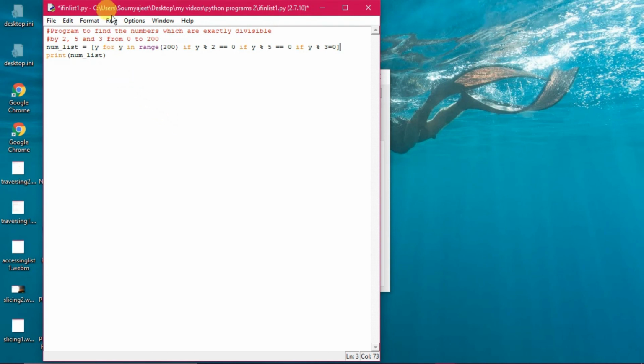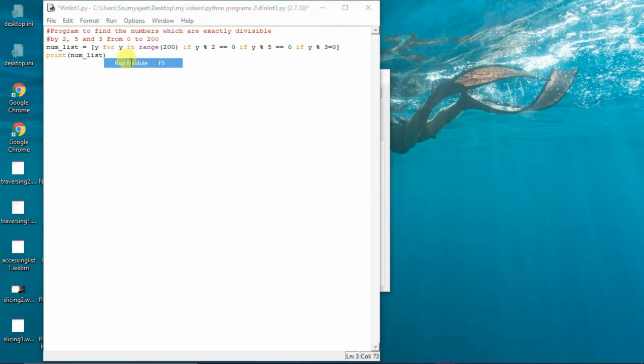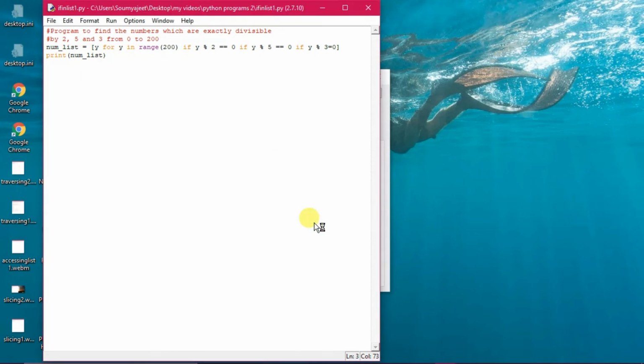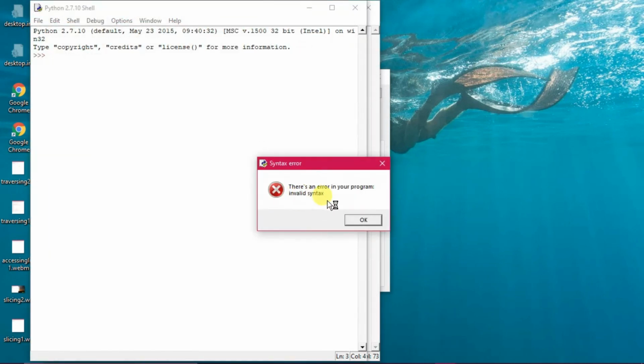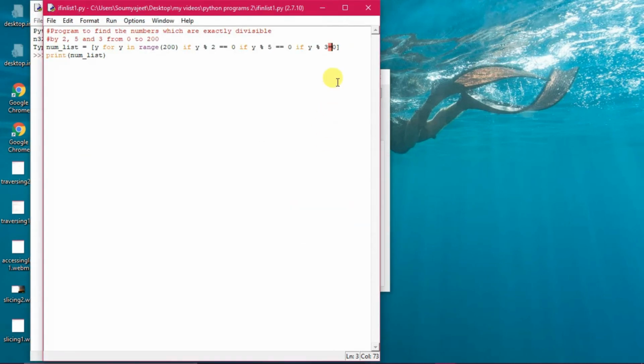Now you see how it functions, how the output appears. You see out here, there is an error, I think. What's the error? I have given only a single equals to, I have to give double equals to out here. So you also have to learn how to correct errors. We human beings always make mistakes, so we have to learn how to correct the errors. I've given the assignment operator over there, but it's supposed to be the relational operator.